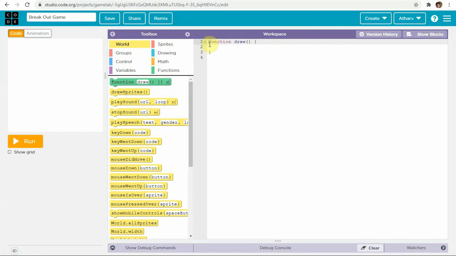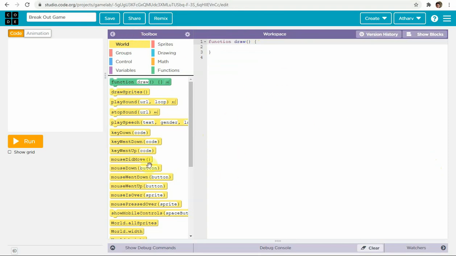Okay, here this is the workspace where we code. You can also do show blocks, show text. For our purpose, I'm going to teach you how to code through text. Now let us understand about this code.org.